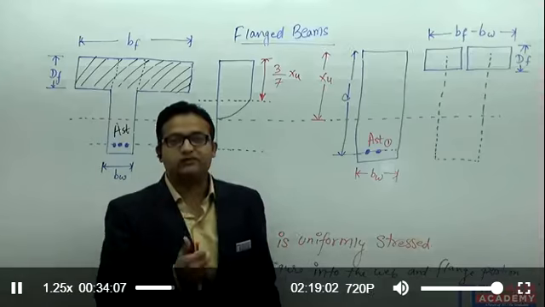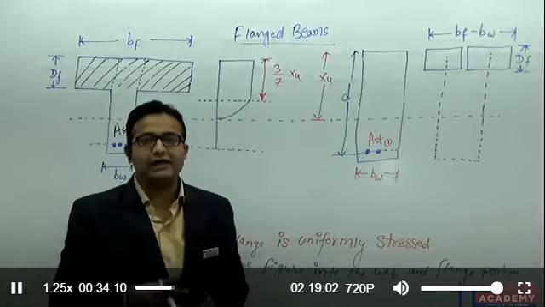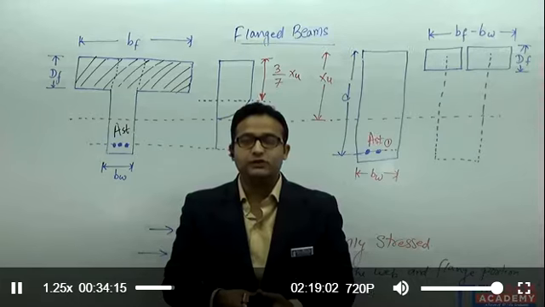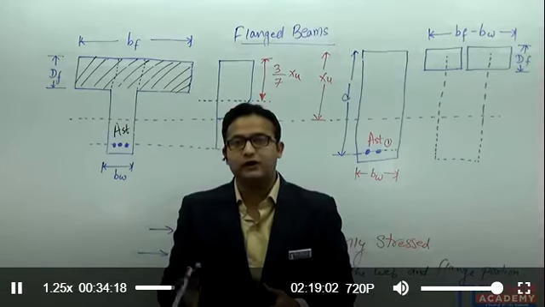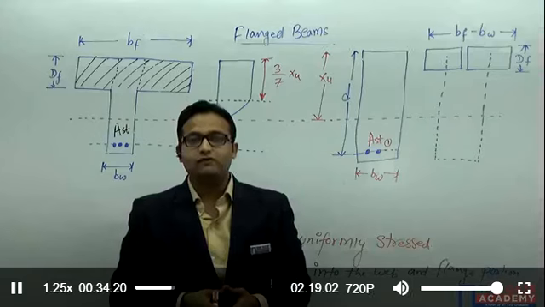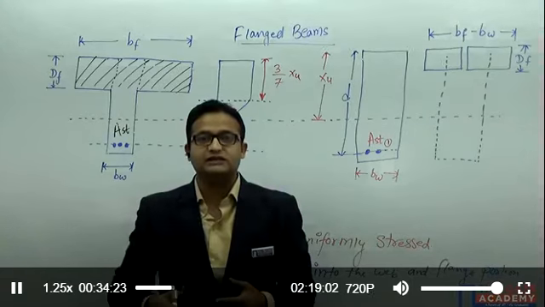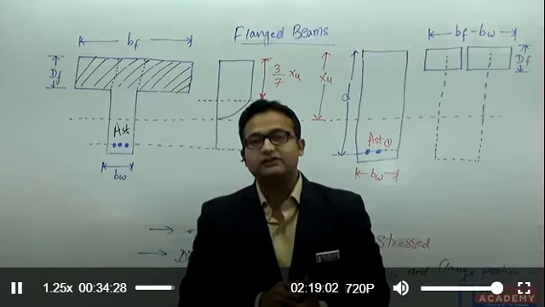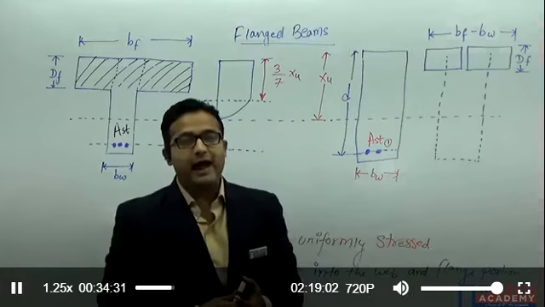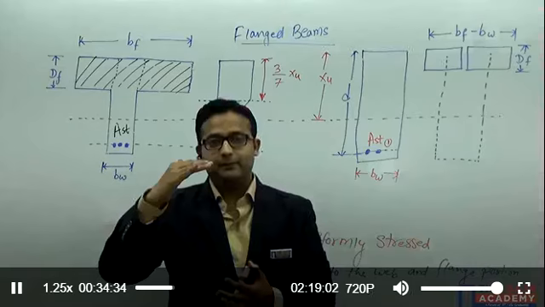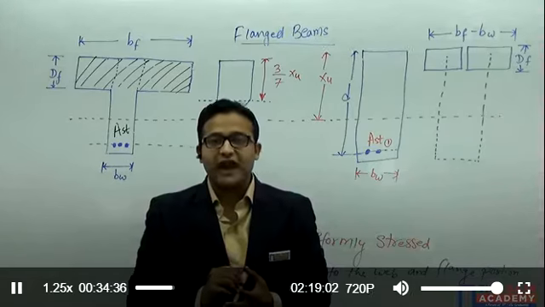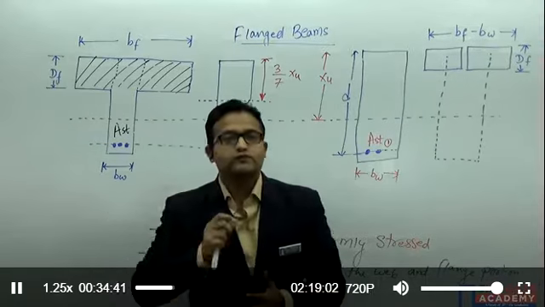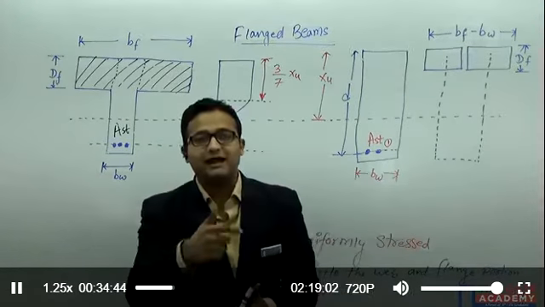So we were discussing the flanged beams. Till now we have discussed how to calculate the effective width of the flange for isolated T beams, isolated L beams, and for the continuous T beam and the continuous L beam. Right. Now we are going to start the analysis of the T beams, and we have seen if in any case I am getting the depth of the neutral axis less than the depth of the flange, so in that case, good.